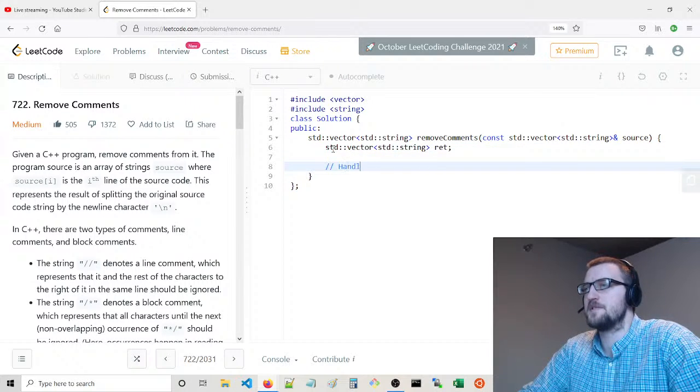So let's handle the new line characters first, or single line comments first.